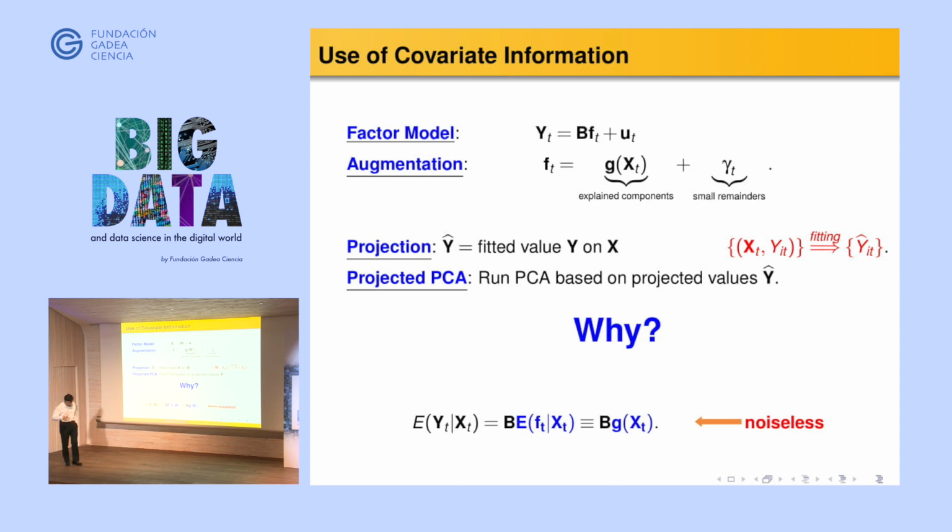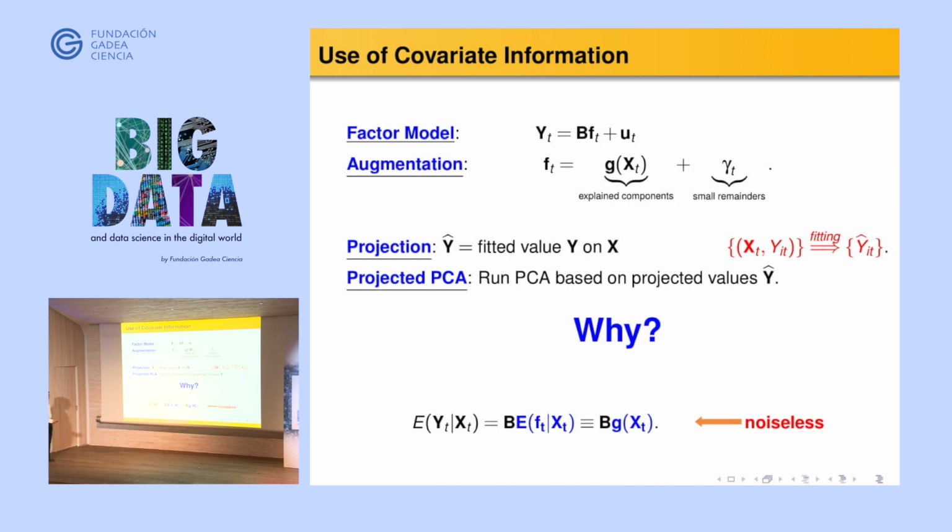I was trying to change notation, but I was not successful, rather than Y hat. And why does this actually improve the fit? It takes just one line of mathematical equation. This is the traditional factor model, and now I say the factor can be partially explained by X. So now I do a projection: I project XT conditional on WT. If this UT is exogenous, there will be B and the E of FT given W, and now FT is written like this. Given W, I have only this W left, and this other term just by definition will be 0. So I got this model.